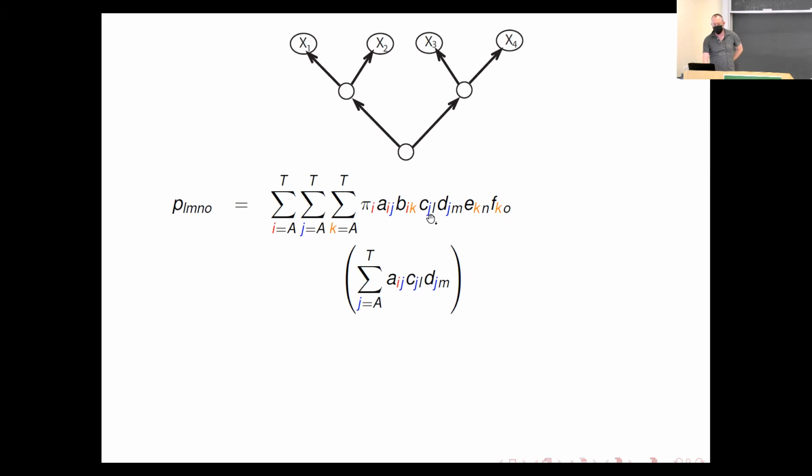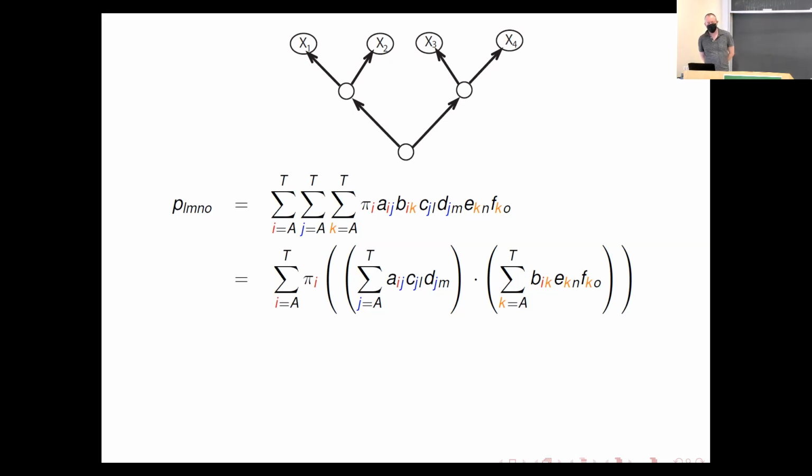So I can group all the J things together. So that's this term here. And then separately, I have all of the indices that involve K. Now I'm multiplying all of those together. Once I summed out by J, this expression is a 4 by 4 by 4 tensor, indexed by I, L, and M. This expression over here is another 4 by 4 by 4 tensor that's indexed by I, N, and O. And now I'm going to multiply them together by their I indices and sum out,